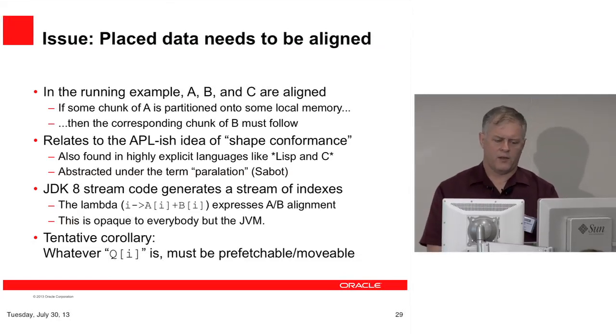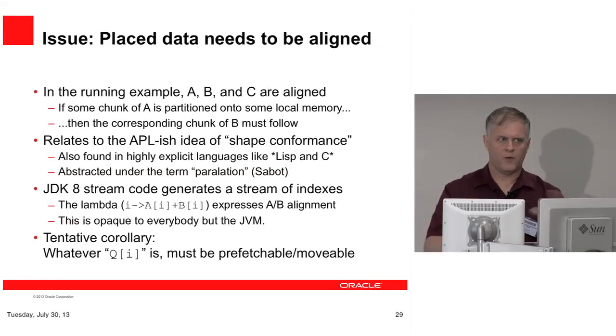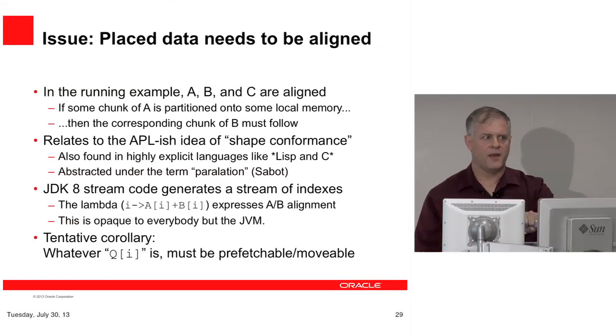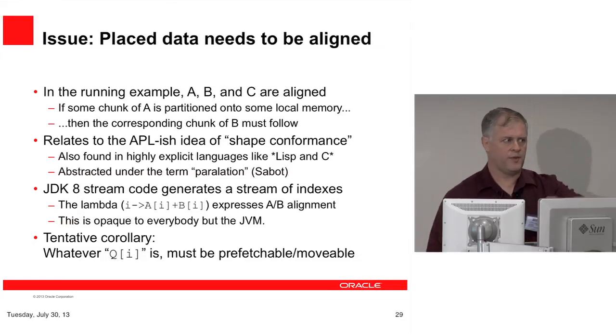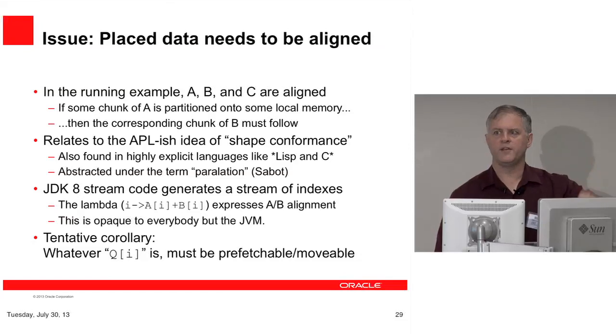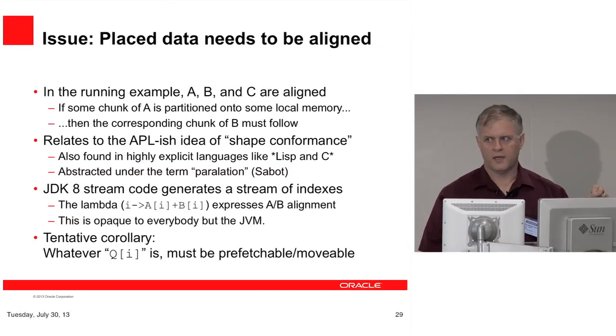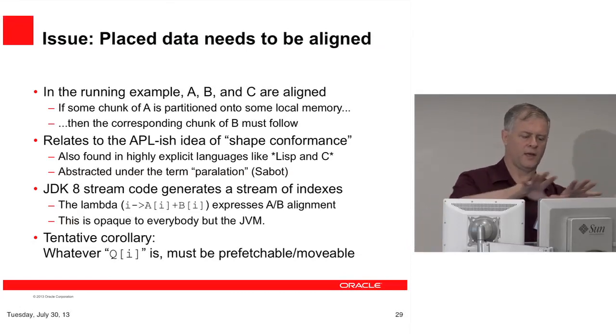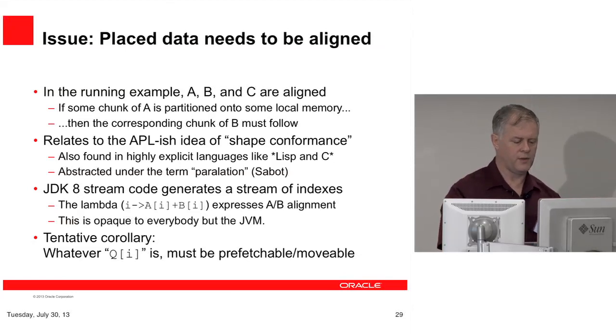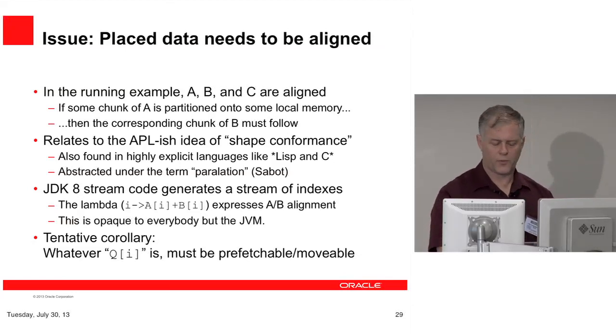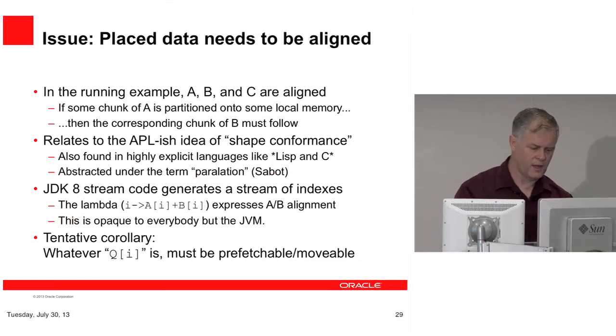I think there may be a principle here. Let me suggest that if you're working with element-wise references to data parallel data, then in a JVM-like world, whatever it means to say Q sub I, A sub I, B sub I, that better be something that you can pick up and move, and his neighbors with him. So this idea of moving can't be just delegated to the memory fabric. Even in the best of hardware, it ought to be something that the JVM can help move with a continual alignment to the processors, or move the processors closer to the memory where it stands, of course.